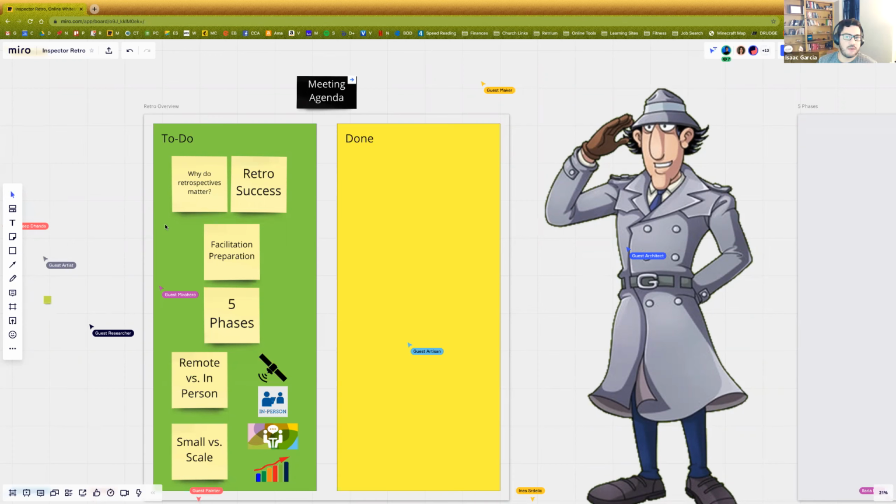Because the way we take our actions out of a retrospective is through experiments, right? We take out an experiment, and we'll get into this a little further down. We take out an experiment and we go try something. Maybe it works, maybe it doesn't. But the goal is we want an increase in learning, right? And that increase in learning is an improvement for the team. It allows the team to be better prepared to adapt to whatever comes in the next iteration. So that's what the success of a retrospective would look like.